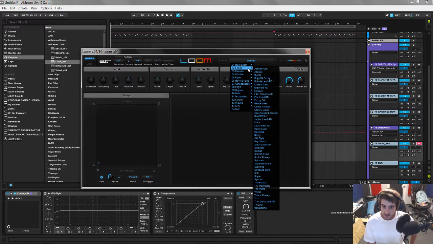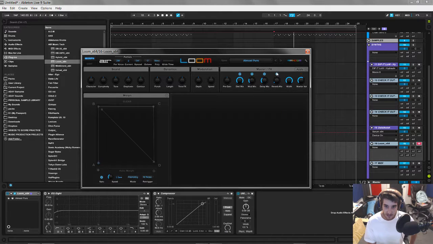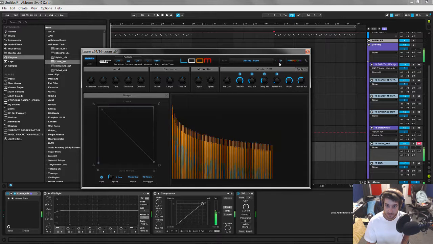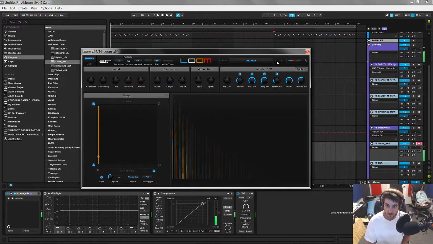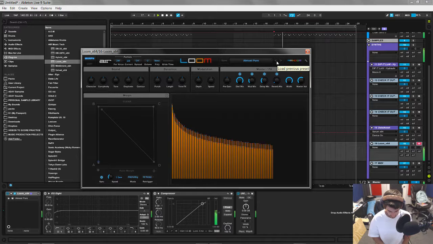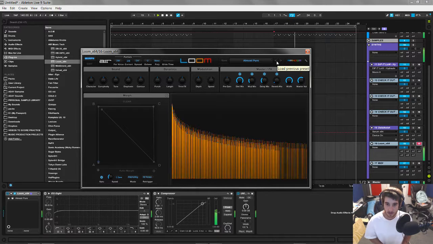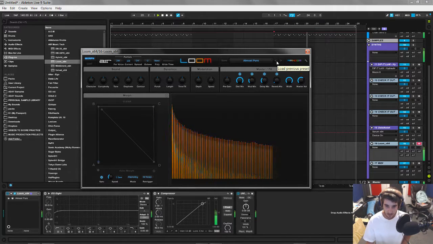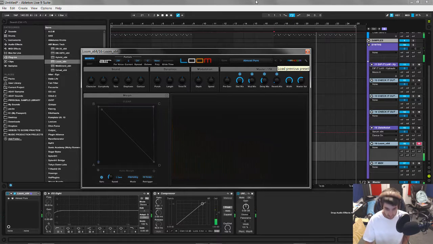They got bells, organs, percussive swells, waves, sound effects. It's a nice, well-rounded plugin with a bunch of different style sounds. Damn, I wish I was recording.